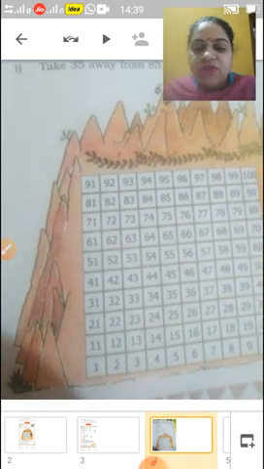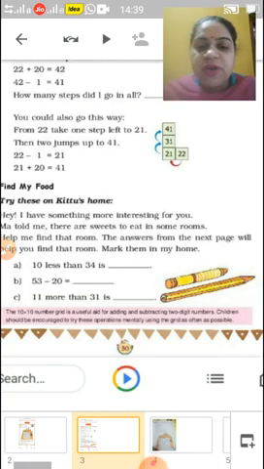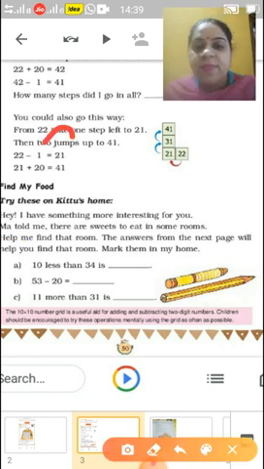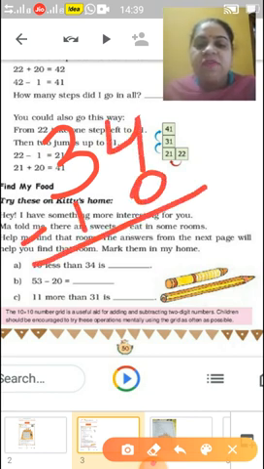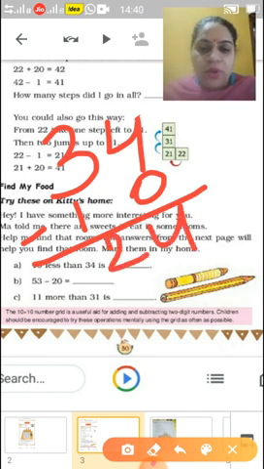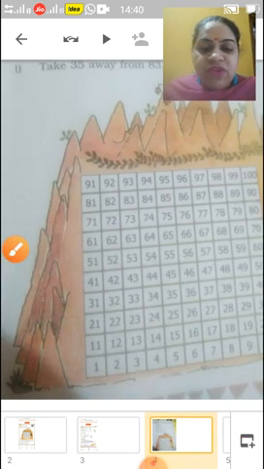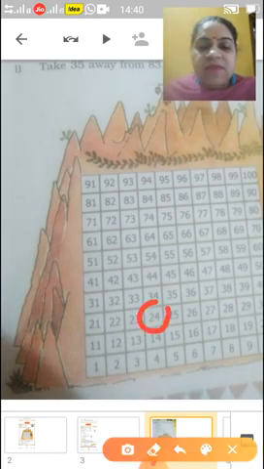Okay children, so your first one is 10 less than 34. What will come? 10 less than 34, that is 34 minus 10, because he was talking about less than, so it will be 24. So your answer is 24. First he will go to which room? He will go to room number 24. Okay. Now next,